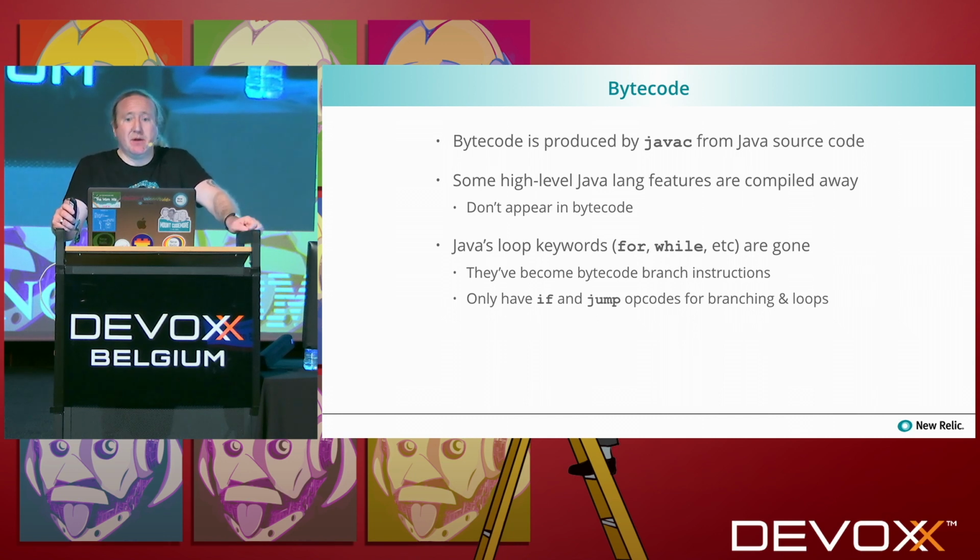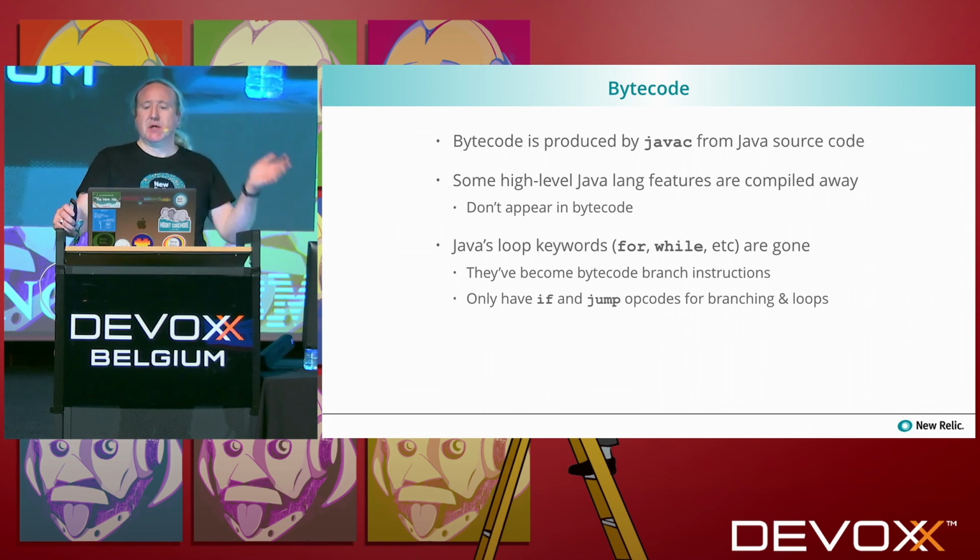Those language features have been boiled away. Other things, such as inner classes and checked exceptions, are all fictions of the language level. They don't exist in the bytecode. They're just gone. So the Java source code compiler does do some things to boil away language level features, but ultimately the bytecode that is produced for Java is very, very close to the source